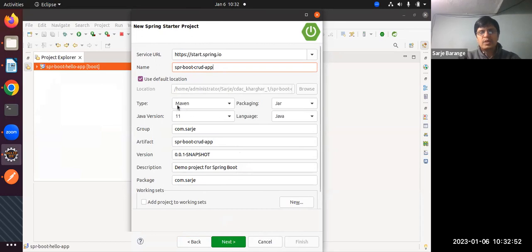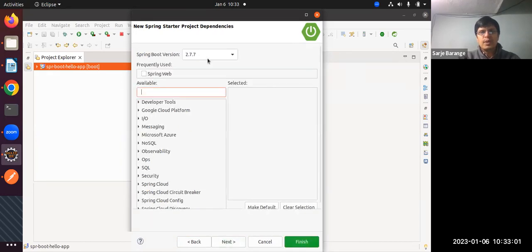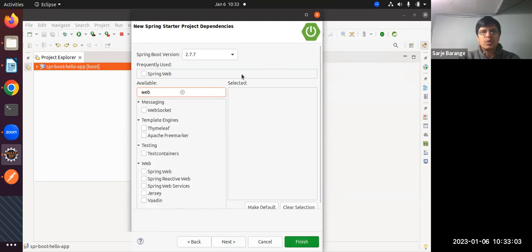Now other things will remain as they are, Maven 11. The package name I will give as it is, jar file name and the project. Okay. Then next, now here I will use include. I will include Spring Web, and then I will go for one more, that is